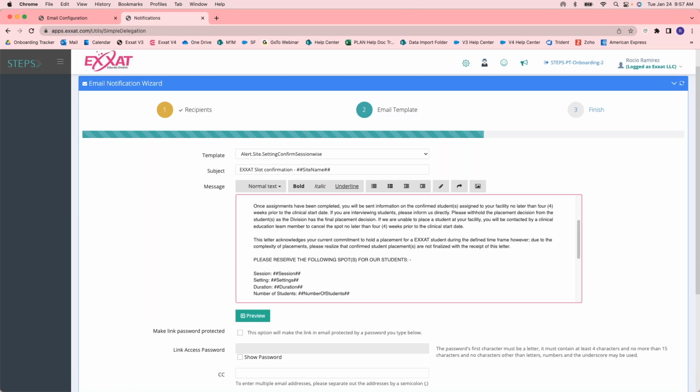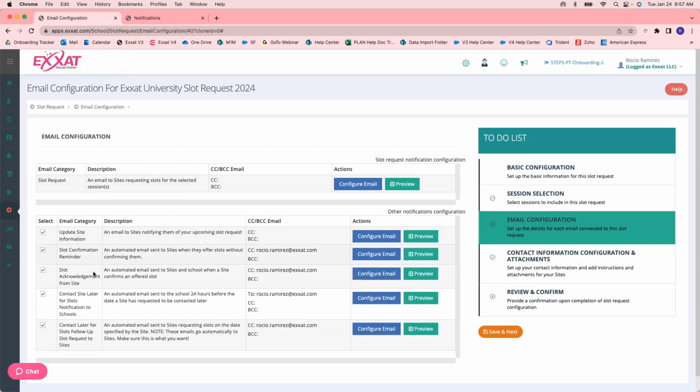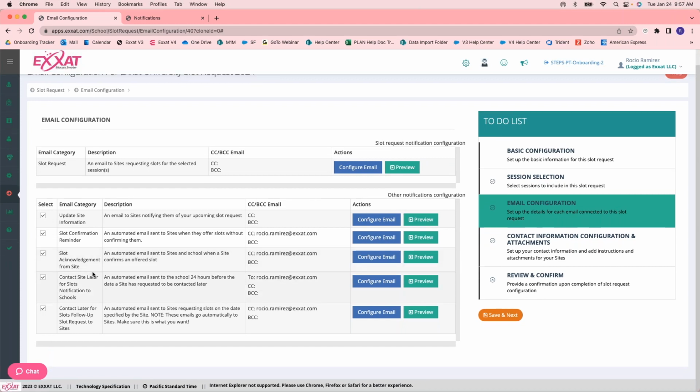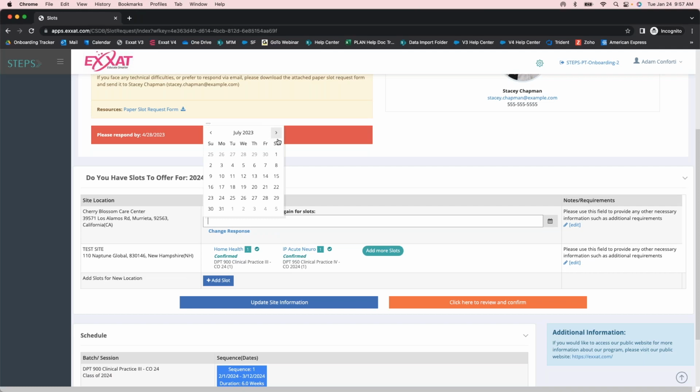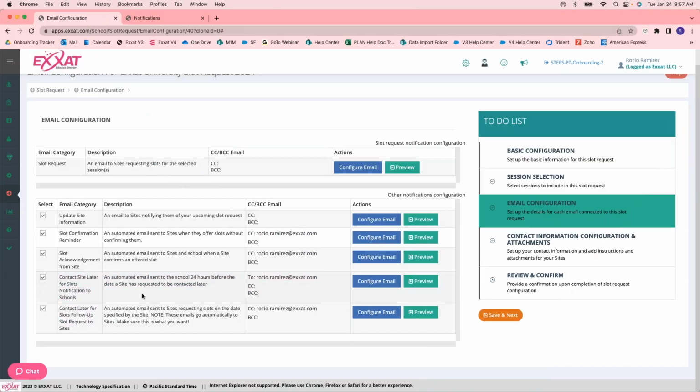Awesome. All right, so moving on to the other optional emails you have available. Both of these next ones are going to be for those that request to be contacted at a later time. So if the site receives your email, they open that up and they realize, I don't know yet what I can offer, maybe later, they can then say, please contact me in August. I can let you know in August. So once they give you a date, you have an option to send out either an automated email that is sent to you as the program, letting you know,